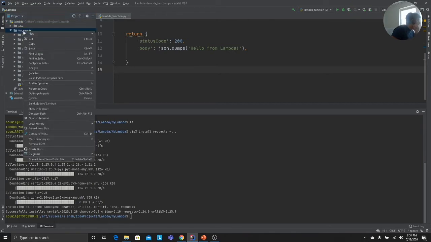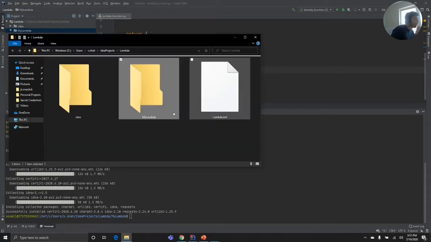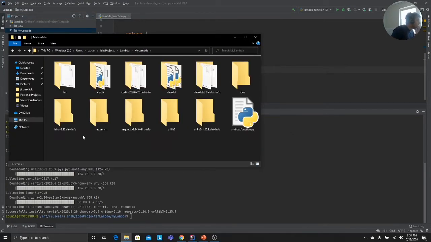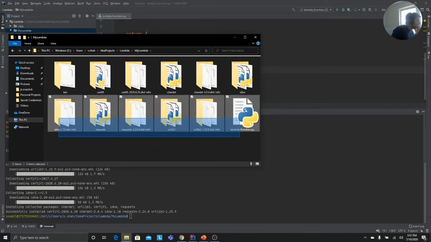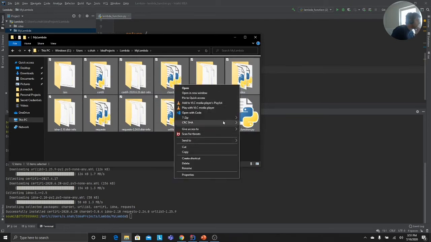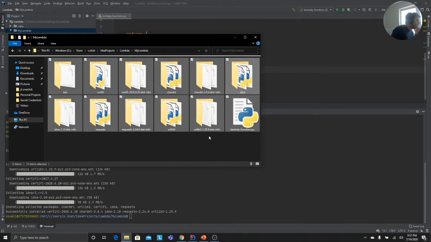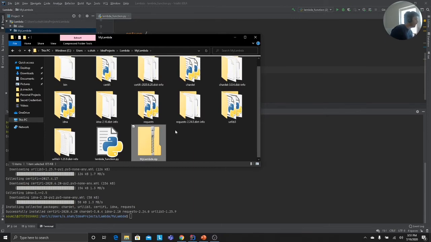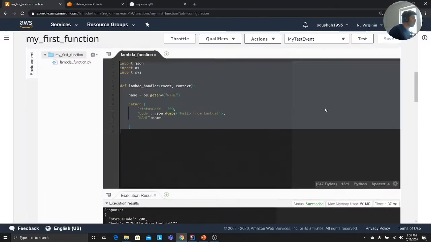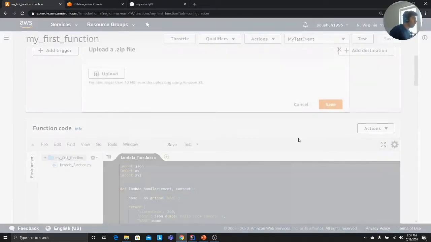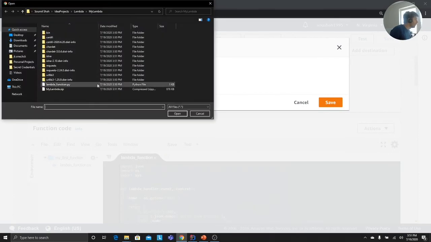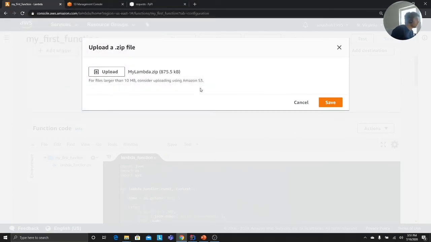So now our Lambda is almost done. What we need to do is show in folder there. Go there. Now all I have to do is select everything, use 7-Zip, it's free software, add to zip. So I made a zip file. Now all I have to do is Action, upload zip, upload my Lambda zip. So I'm going to upload that, save.